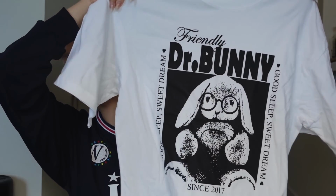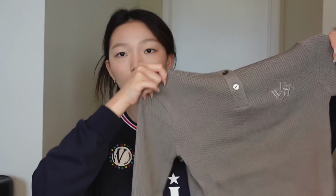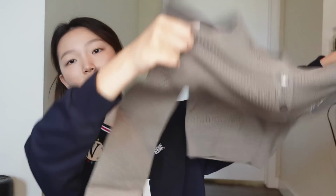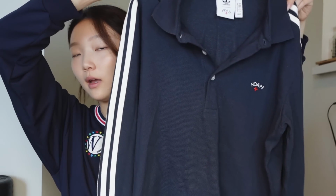Dr. Bunny t-shirt, this silky long skirt, like a knit hoodie. Super cute. This baby tee. Oh, and I also got this shirt from Nordstrom. It's a shirt from Adidas and Noah collab. I had no idea they had a collab together, but this shirt also gives like the sports jersey vibes, super sporty and casual, but more on like the classy side than a trendy side,